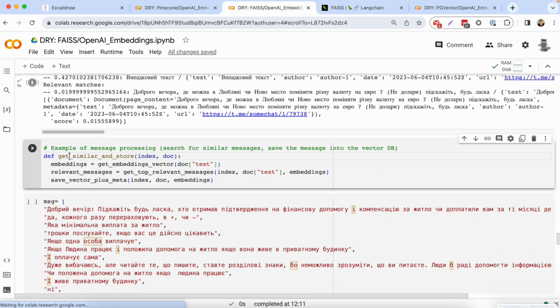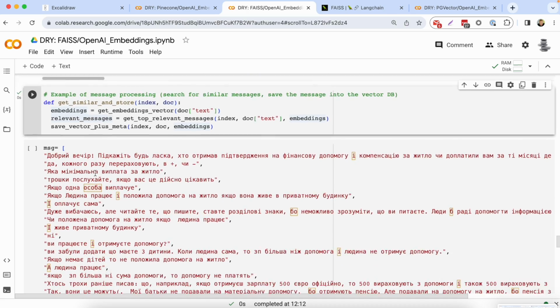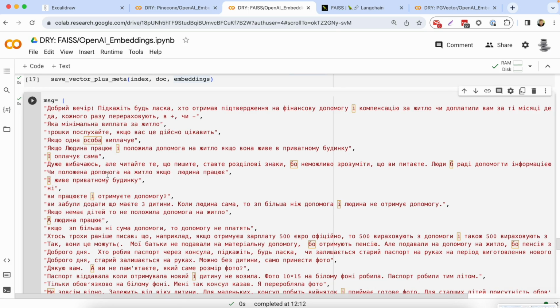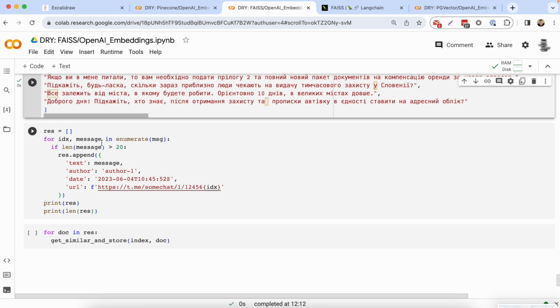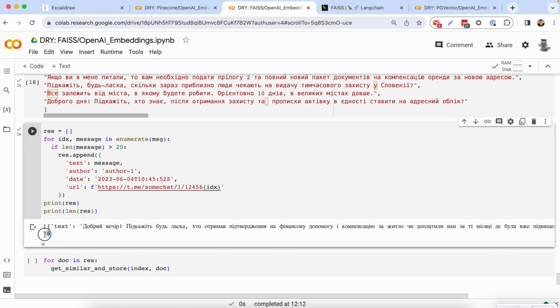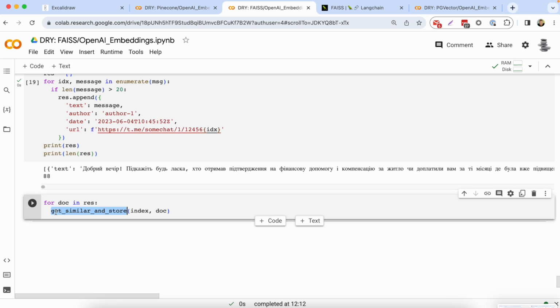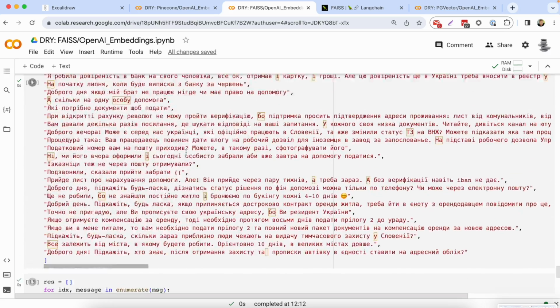Next, we have a function called getSimilar and store. What it does, it generates a vector, and then it searches for relevant messages using the function we just tested, and then it also saves this new message together with the vector to the index. And again, as with Pinecone, we have this long list of messages which I've copied from some random chat. And for each message, we will generate message objects, and then we will run that getSimilar and store function looking for similar phrases. For better analysis, let's add some log